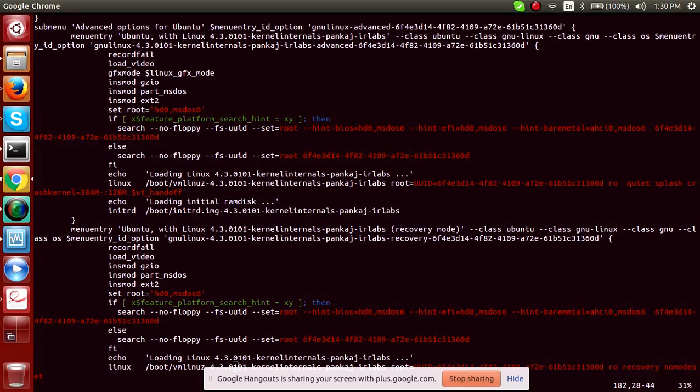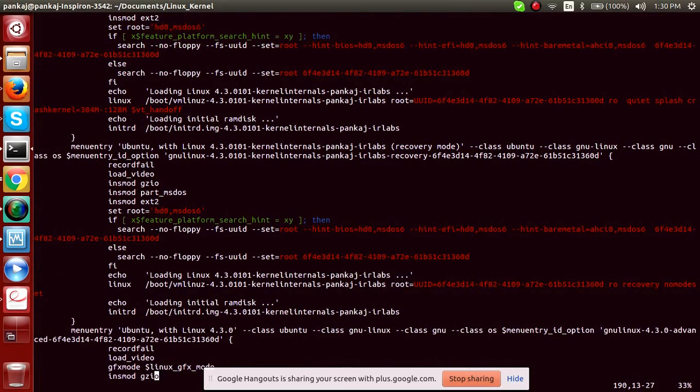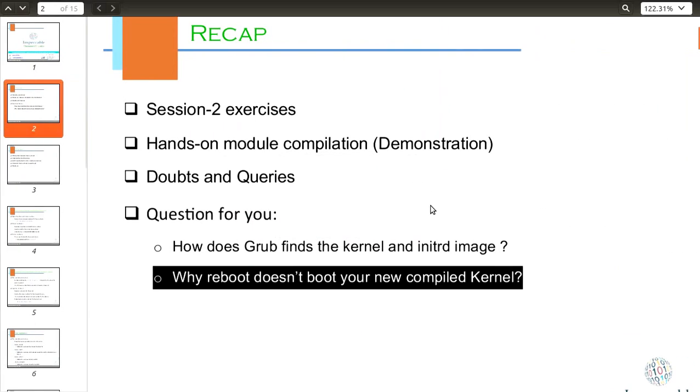So you will never have an option for loading the new kernel. What you need to do, when kexec is installed, is shut down your system and start it again, then you will see the grub menu entry. So these two were the open questions from the last classes which I wanted to summarize.